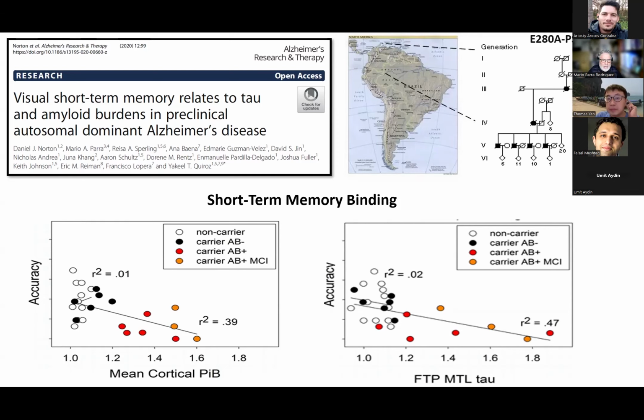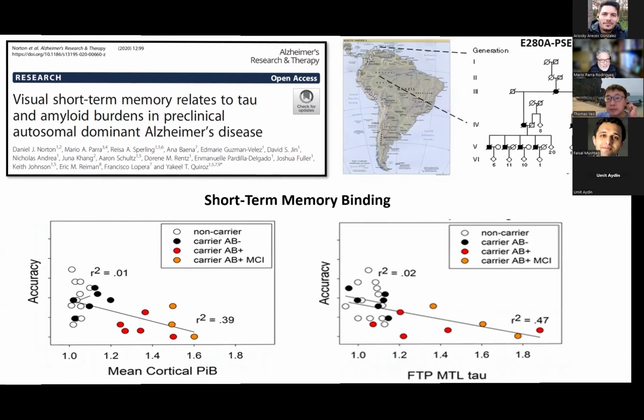And we have now replicated this observation in other samples of sporadic Alzheimer's disease, confirming that this cognitive marker seems to be informing about the very early neuropathological changes that happen in the brain of people who are developing Alzheimer's disease. So this is very reassuring because we can now move forward after this validation and explore what the EEG can